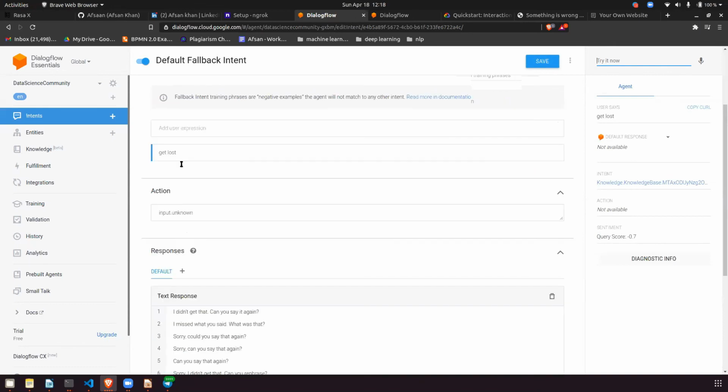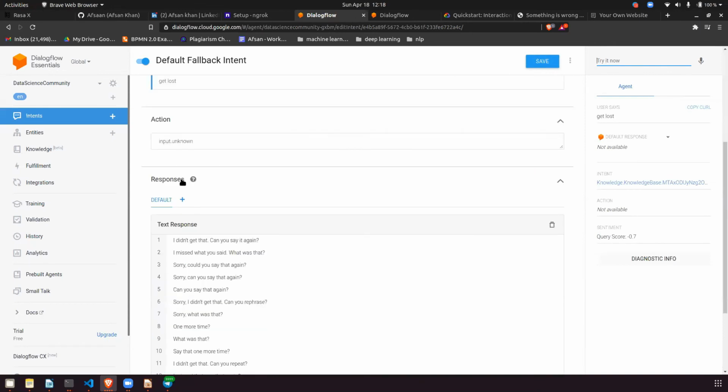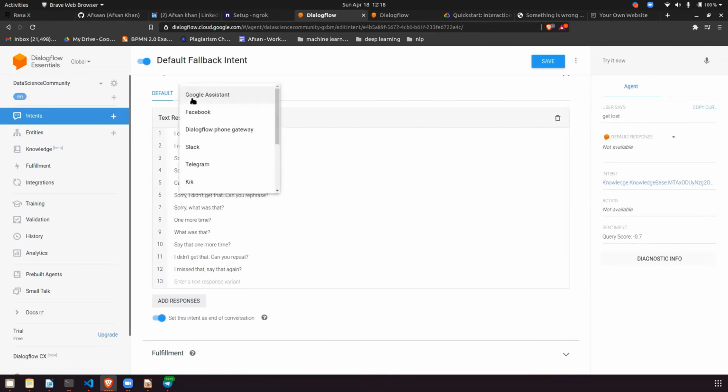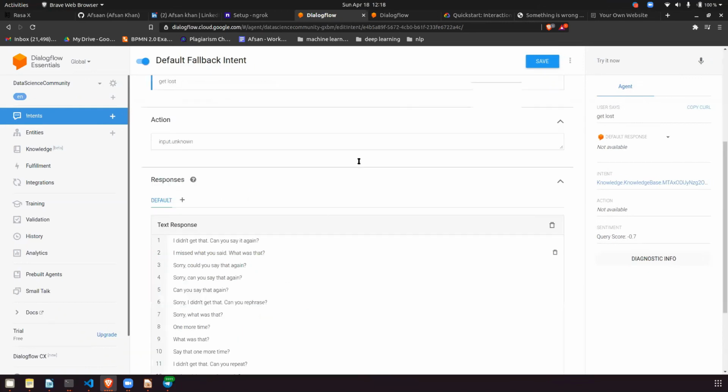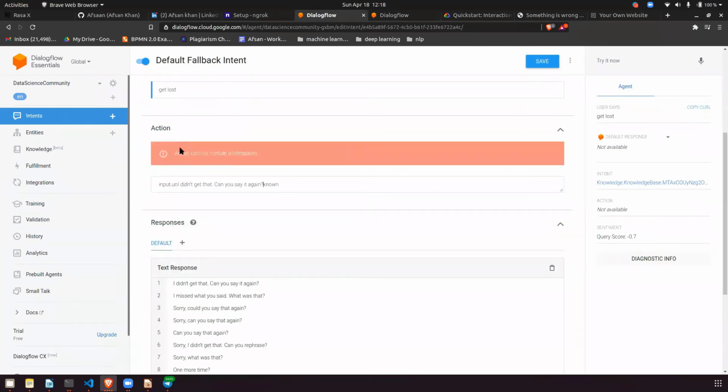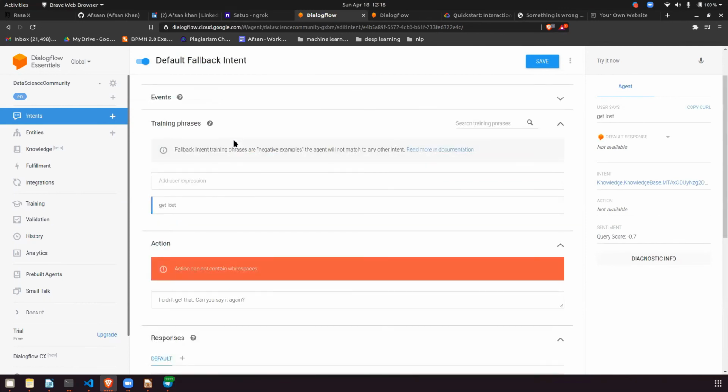Now if I type get lost. Okay, so basically you have to do the matching. So default is this. Action input unknown. Set this intent as the end of the conversation. Now let's try. Get lost. So basically I have to look at how to get the response. So basically default response, that adds one of the Google responses. I have not used Google Dialogflow, so I don't know what step I have to do here.